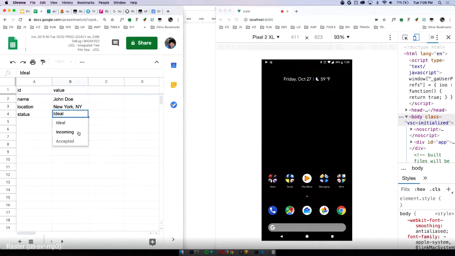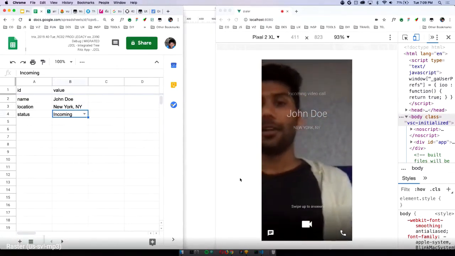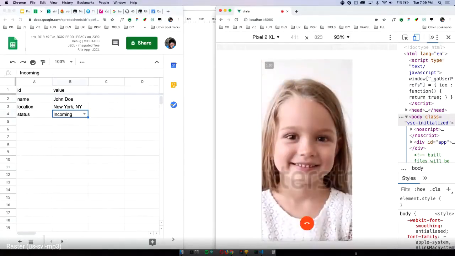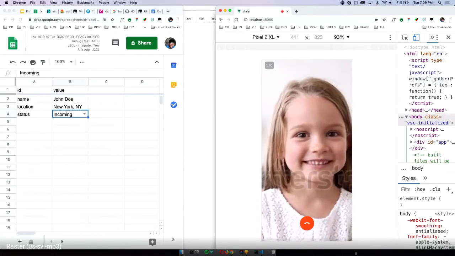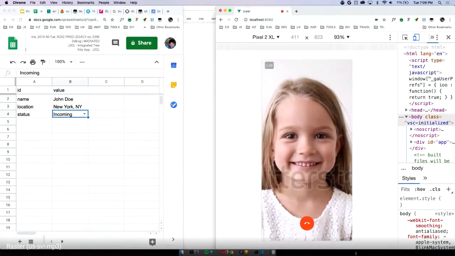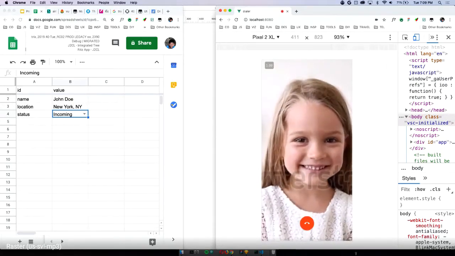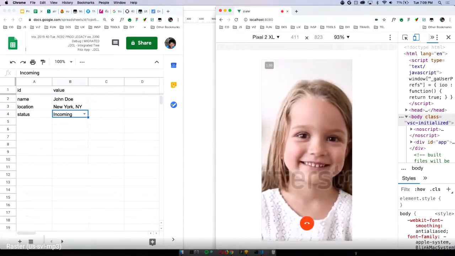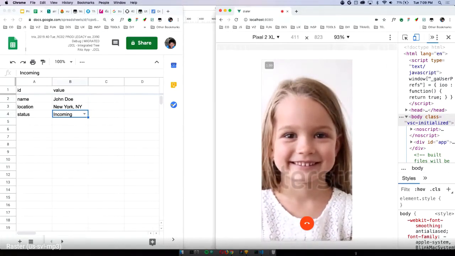It actually says, I change this to incoming. So once I change this to incoming, it's going to show me a little thing. I can click on this and actually change this to person answering the call, right? So again, this is a high level crux of the prototype: you have something to